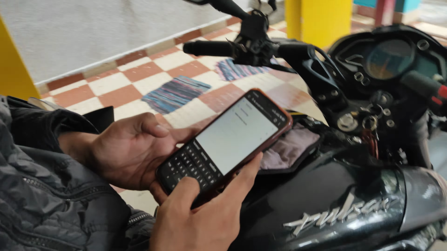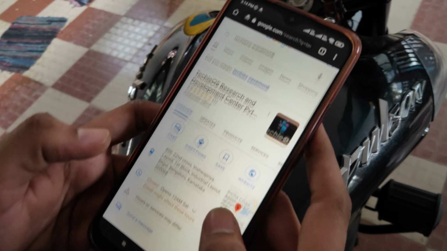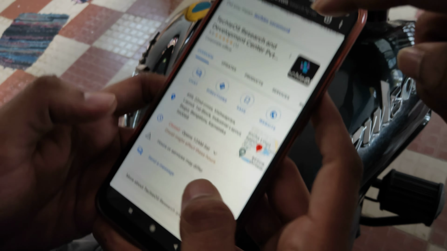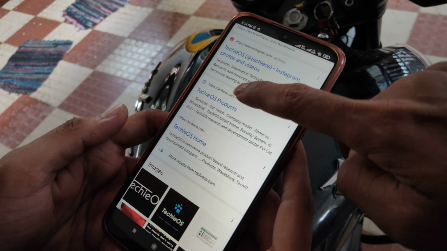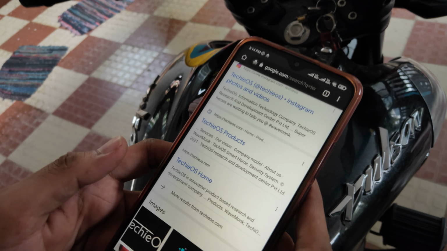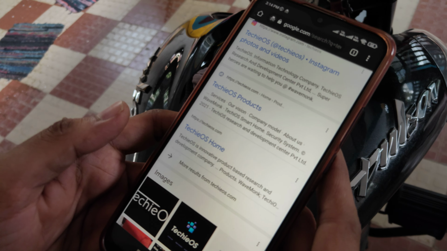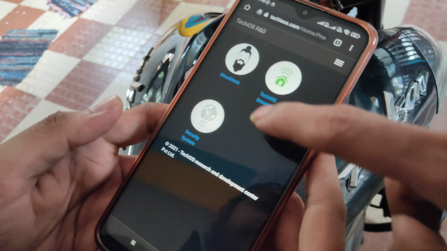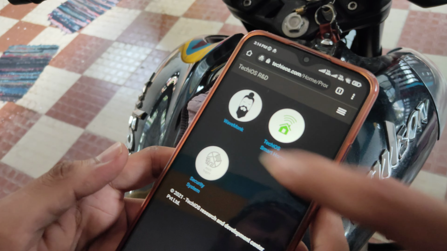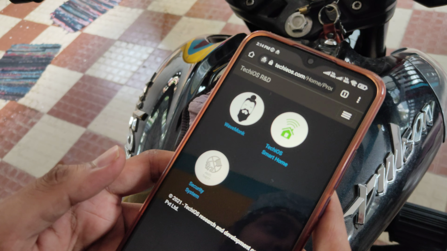So just search in Google for TechEOS Wavemonk. Directly you can visit the Wavemonk website from the TechEOS website as well. If you search like this, you will get our company status as well. If you scroll up, you will get our official website, TechEOS products. If you click on that, you will get things like this. If you click on this Wavemonk, it will navigate to your Wavemonk